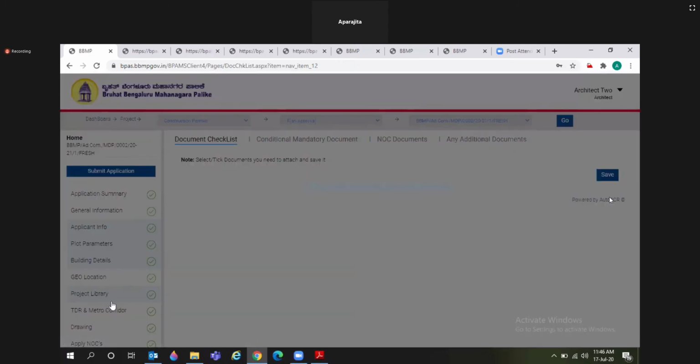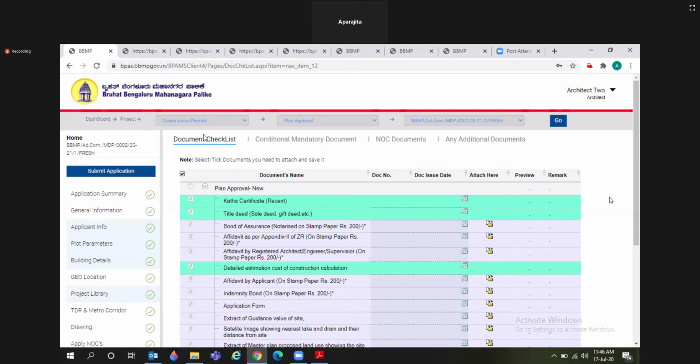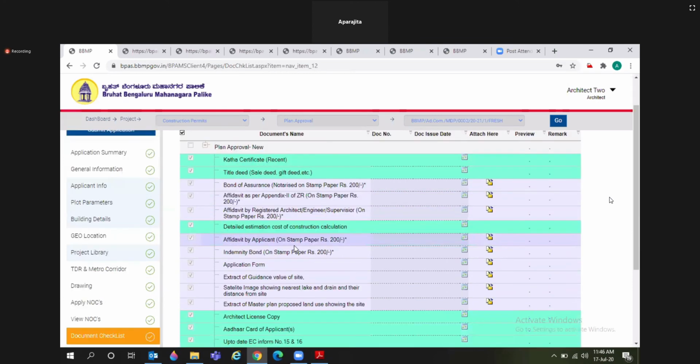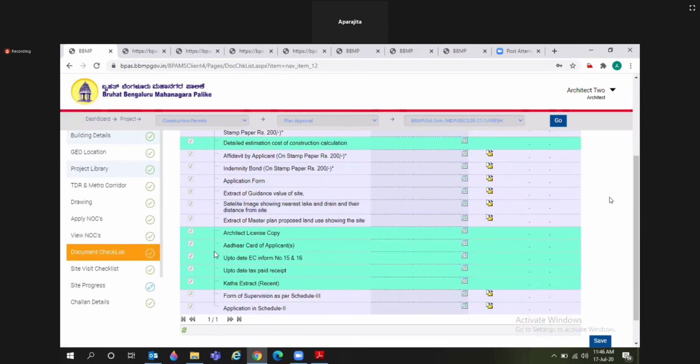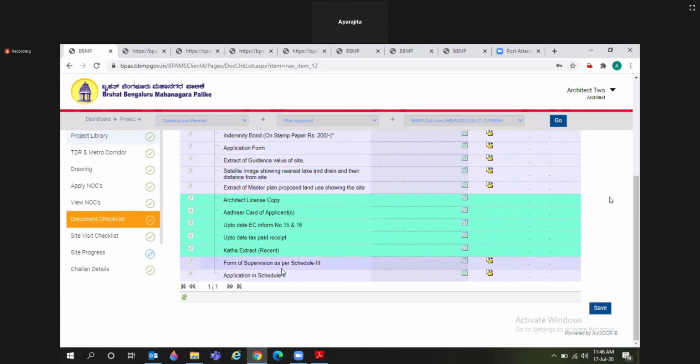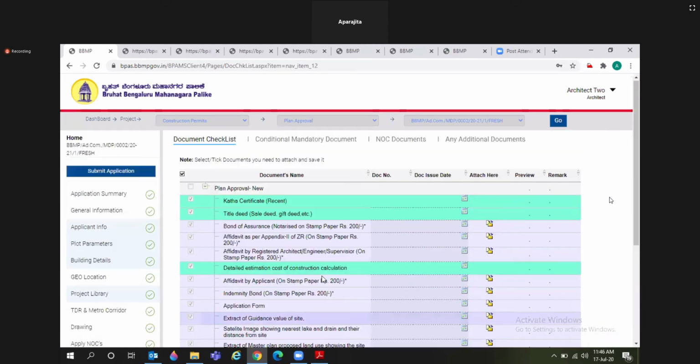Then from the document checklist button, these are some mandatory documents like bond of assurance, affidavit, application form, architect license copy, schedule 3. So you have to attach all the mandatory documents.